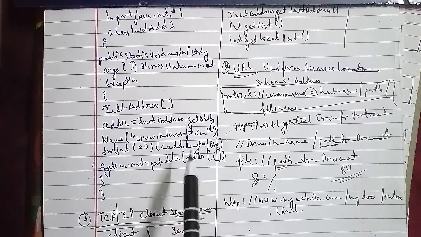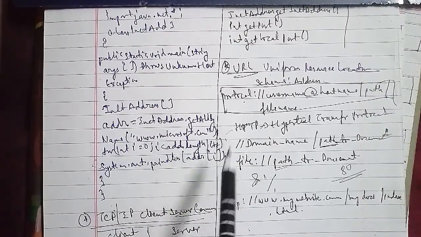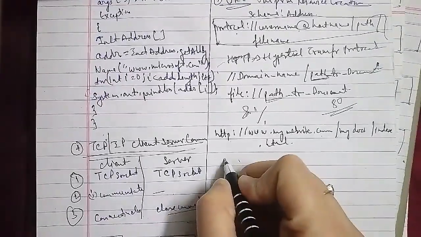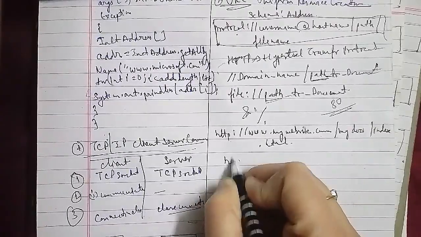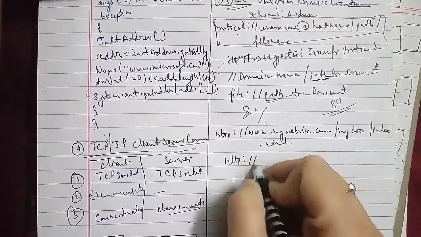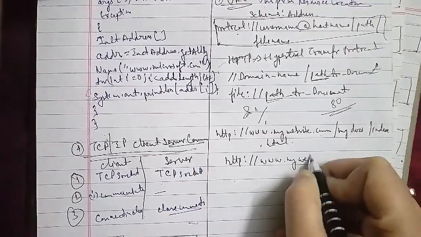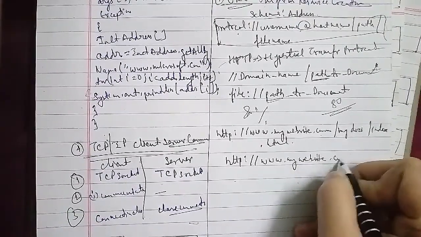Now, the various methods in the URL class that are commonly used in the Java program that we are dealing with here, and as you can see, there are various methods that we are using here. So that is the method and the description. The methods we will discuss here, and the description you can just write down. I will just explain it. So the first method is